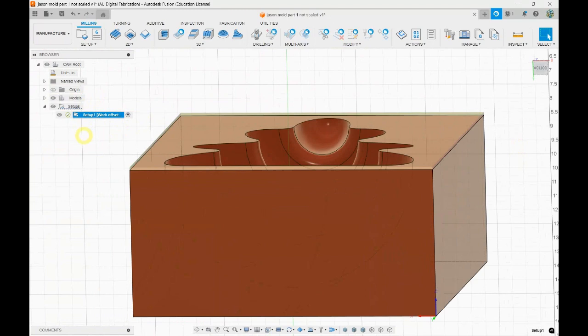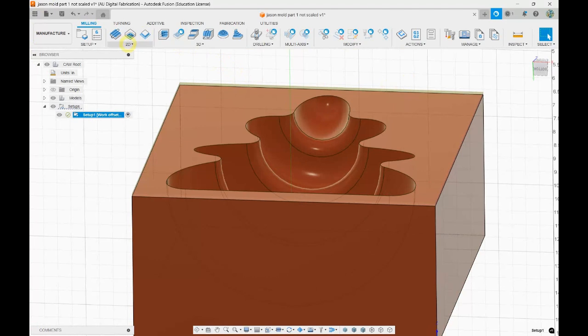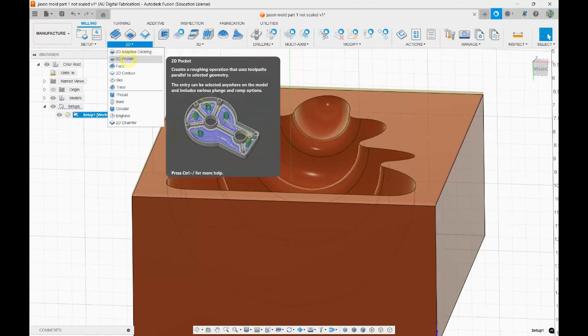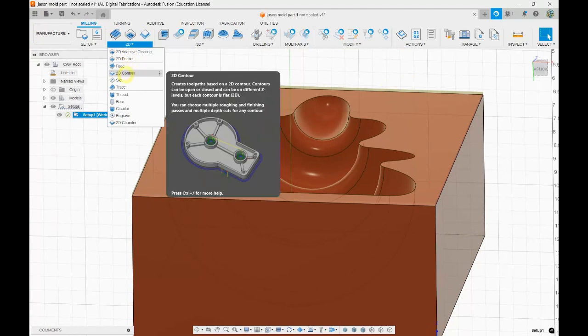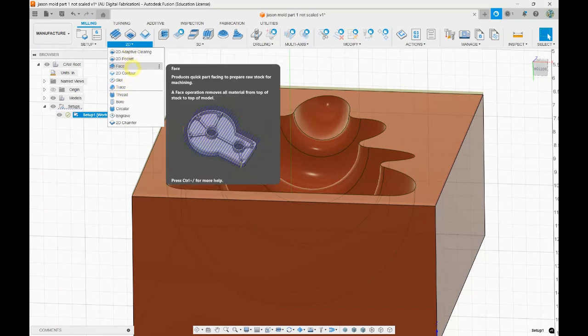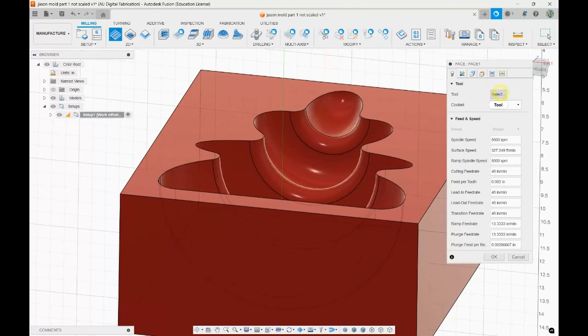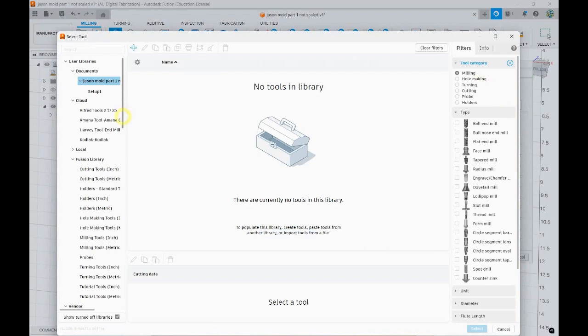So here we have our setup. And then we can choose, first, we'll choose a 2D toolpath. So if you click this, this gives you all the 2D toolpaths. So we're going to use a facing operation, and that's just going to smooth the top out. So if I choose face, it asks me to select a tool. So I have